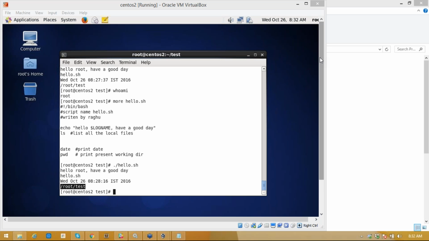It is easy to write scripts, very easy to debug, and it saves development time. You don't require any additional tools or IDE to execute shell scripts. Directly you can write and execute right here. Right?